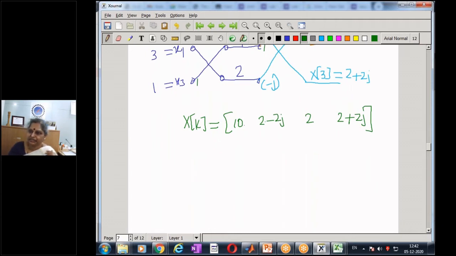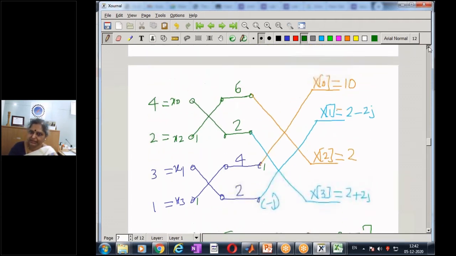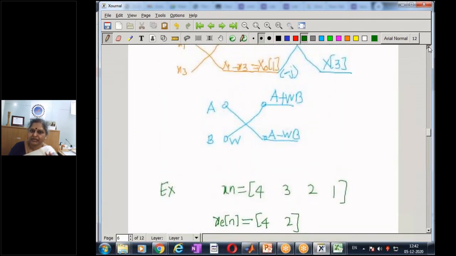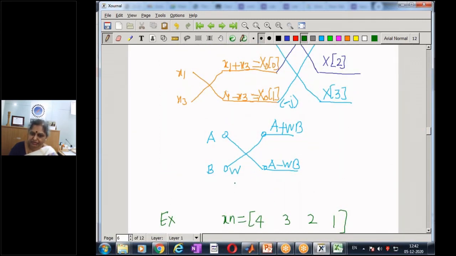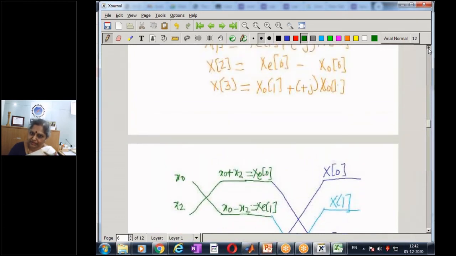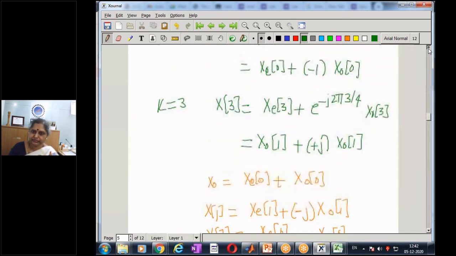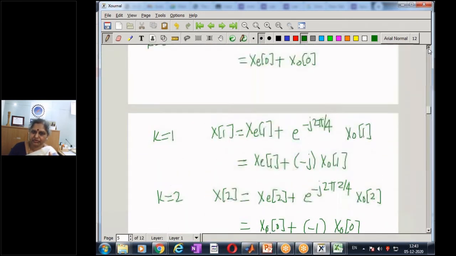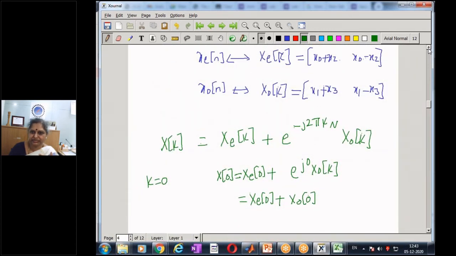So essentially, our reasoning reduces to only implementing one sequence, and for graphical representation of this computation, we use this notation. A and B are my input, with the upward branch having a gain of W. So the upper output is A plus WB, the lower output is A minus WB. So this is one concept that we need to remember. And let us take another case of a larger n. Let us say we want to take n equal to say 8.